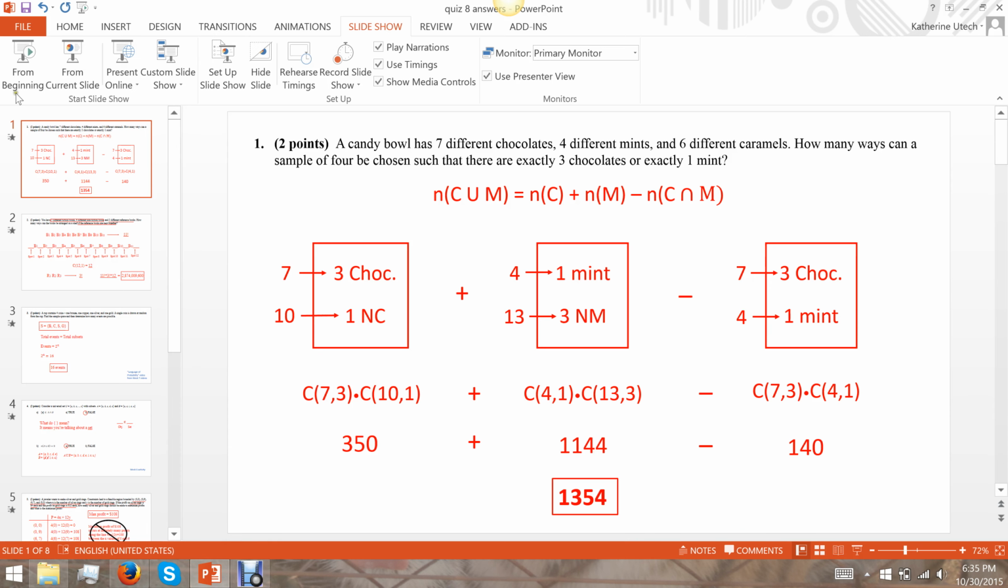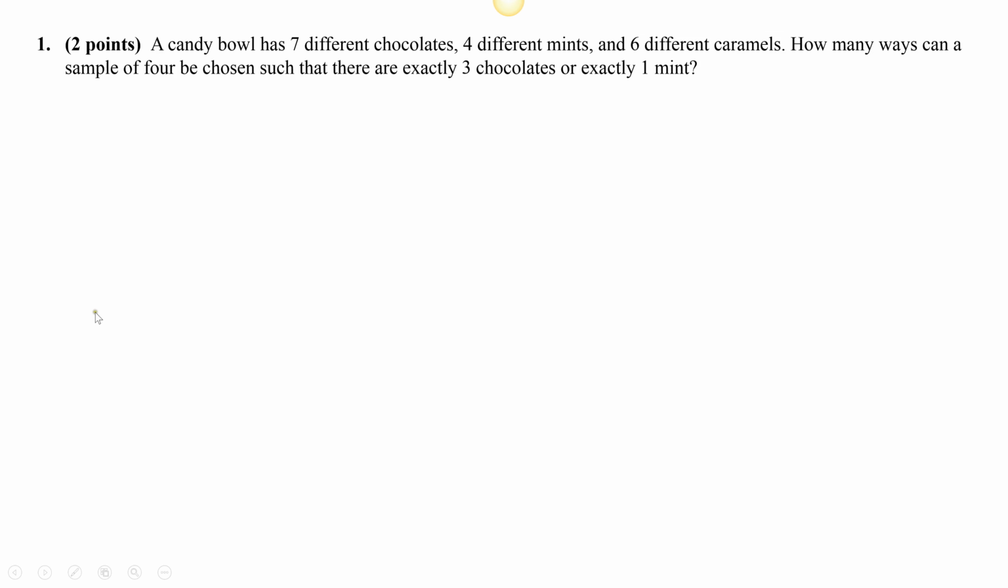Okay, so we are going to be going over the answers to quiz 8, and we are going over the blue version of the quiz, and at the end you will see the answers to the yellow version of the quiz. So number 1 says that we have a bowl of candy that has 7 different chocolates, 4 different mints,